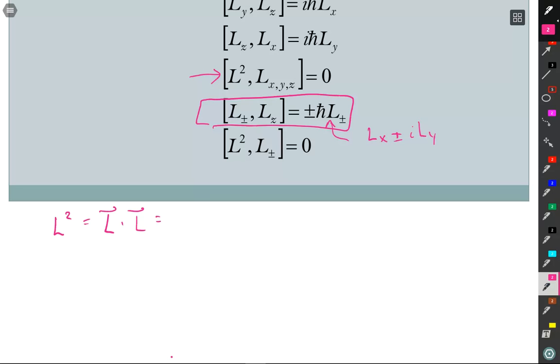Cross is perpendicular because of the cross, so the dot is the parallel part. That means it's Lx squared plus Ly squared plus Lz squared. So if I do the commutator between L squared and Lx, that's going to be